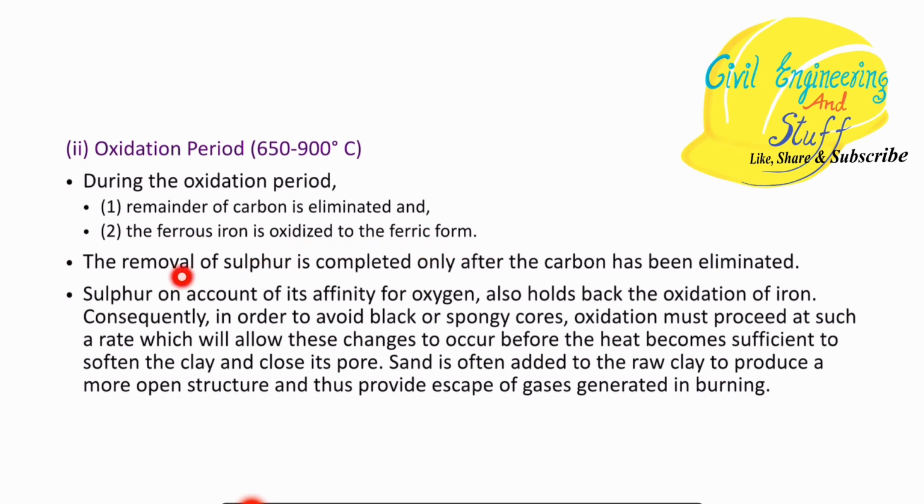And the removal of sulfur is completed only after the carbon has been eliminated, and the sulfur basically has an affinity with oxygen, right? Until the oxygen is present, the sulfur will not oxidize the iron. If this remains, the final brick that we get will have a black or spongy core, right? So in order to avoid this, we sprinkle a certain amount of sand so that complete oxidation